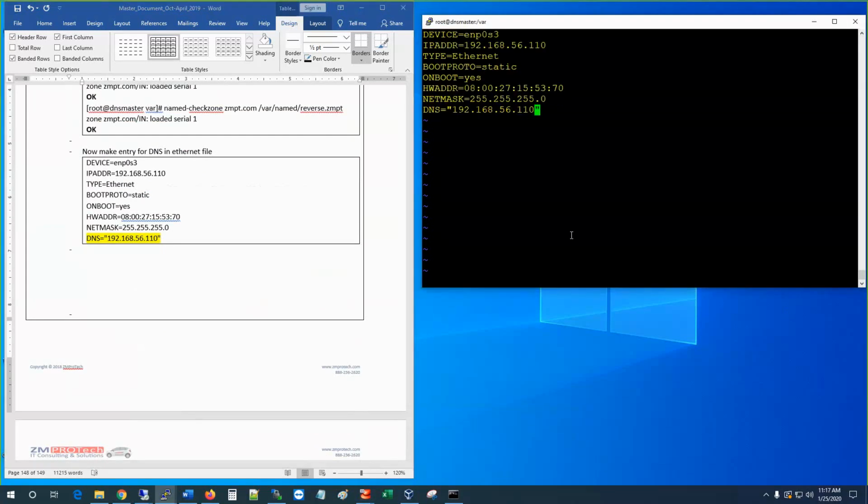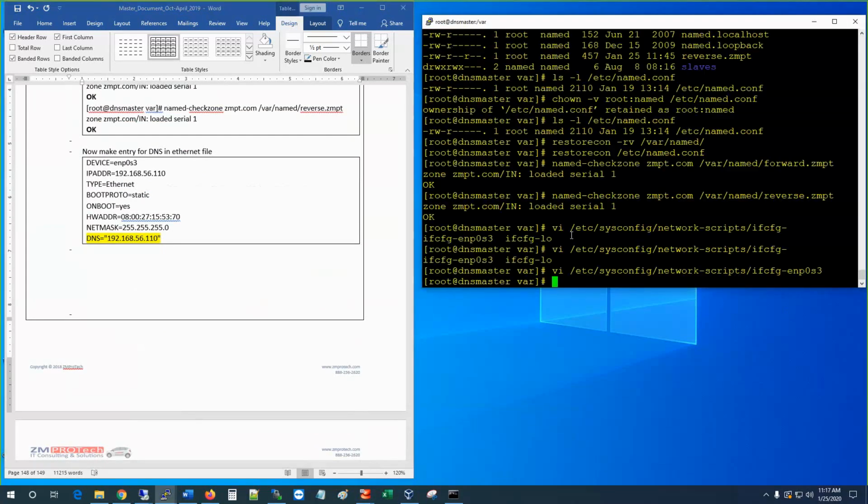Okay, now there is also a DNS resolution file name, okay? If you answer this in the interview, you will get a job. So the file is